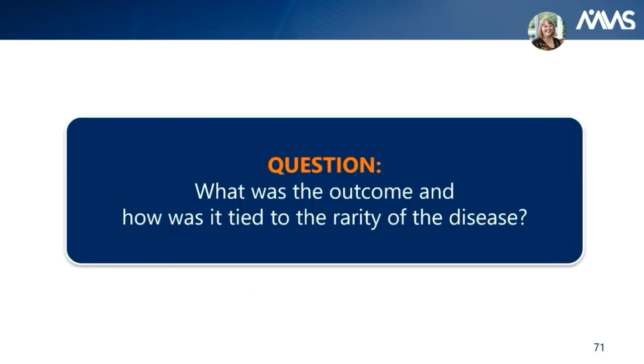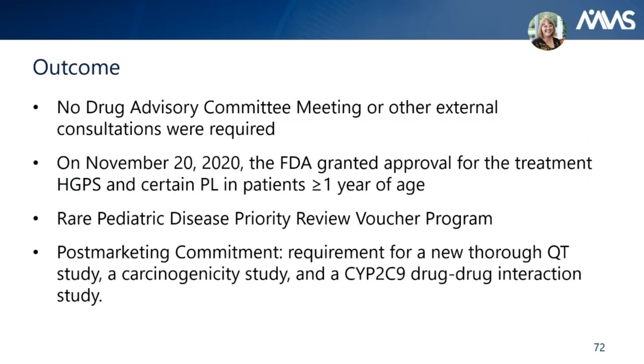So given this information, what was the outcome and how was it tied to the rarity of this disease? Well, the FDA decided that a mortality benefit for this serious, devastating disease that didn't have any other treatment options overrode any of the risks identified in the application. As I mentioned, there were risks identified throughout, both in the non-clinical and clinical